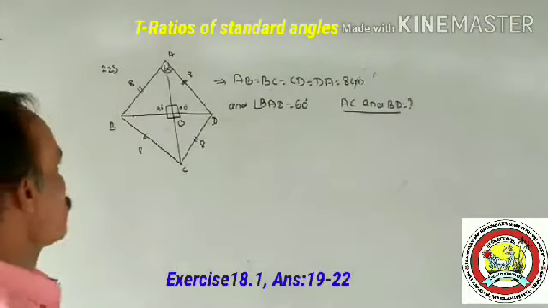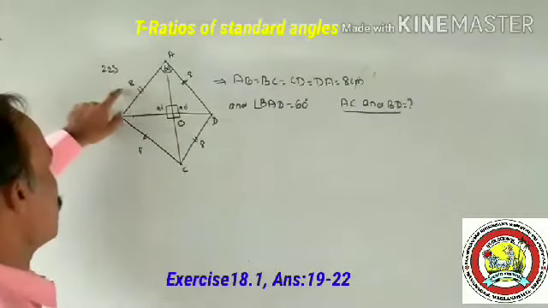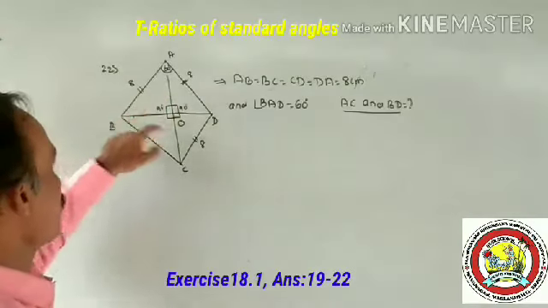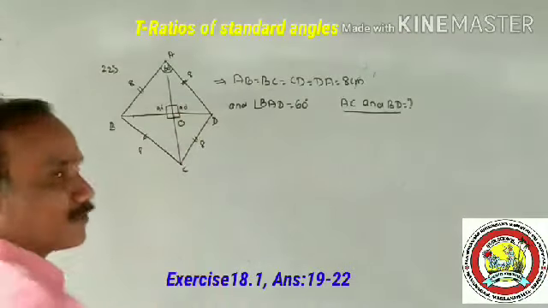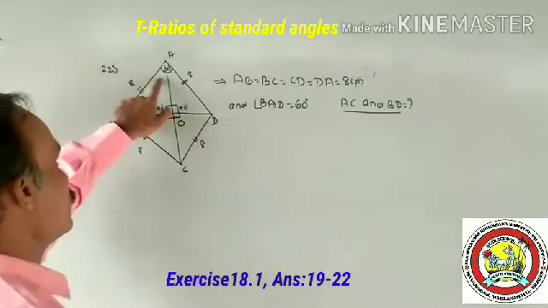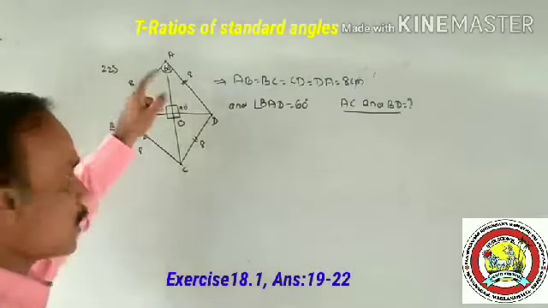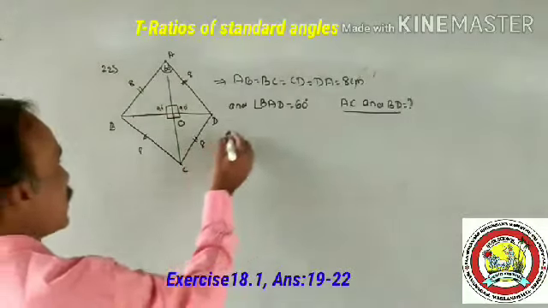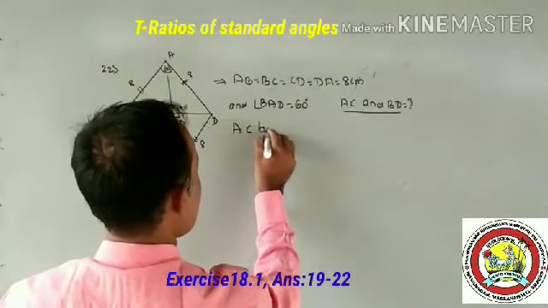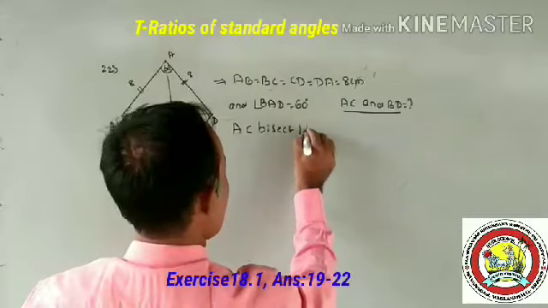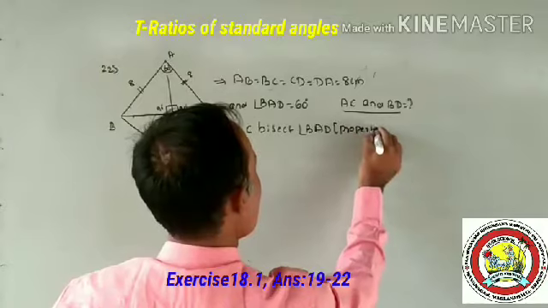First try to understand the given question. ABCD is a rhombus, all four sides are equal, the length of each side is given as 8 centimeters, and very important, diagonals bisect each other at right angles. Here angle O is 90 degrees, and one angle is given, that is angle BAD is equal to 60 degrees. So the complete problem depends upon this. Again, one more property of the diagonal: AC bisects angle BAD. This is also a very important property.